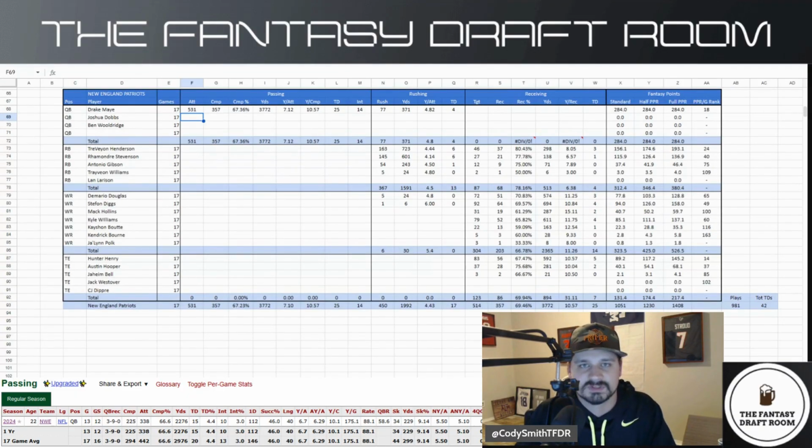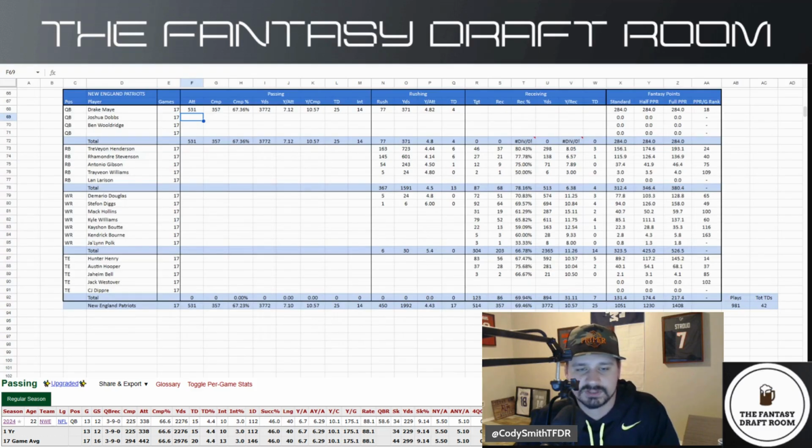Maye over the course of a season with a much improved defense that I expect to be playing on the other side of them as well. So I dropped him down to where he's coming out at 531 pass attempts per game. That's about 2.5, if I remember right off the top of my head. 531 passing attempts for Drake Maye over the course of the 17-game season, with the completion percentage coming in at